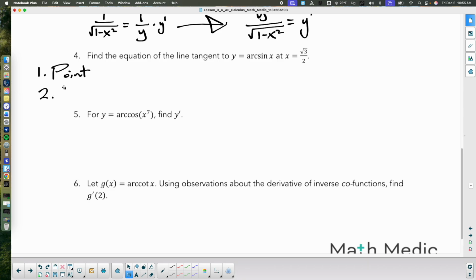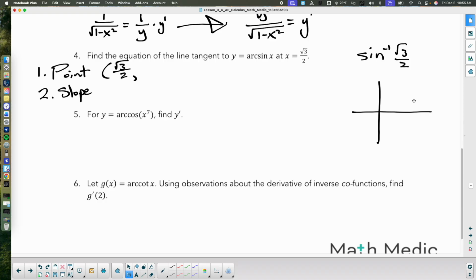Take the x, plug that in the original equation. You can do that first if you would like. Take the x value, plug it in the original equation to find the y value. And then do that same thing with the derivative. Okay, so square root of 3 over 2 is the x value. Arc sine of square root of 3 over 2. That means I need to find,